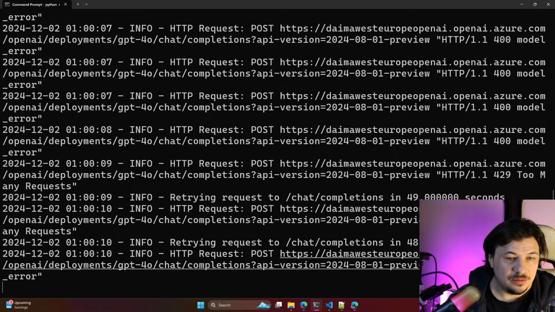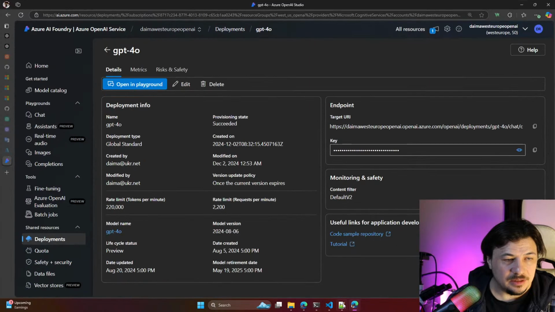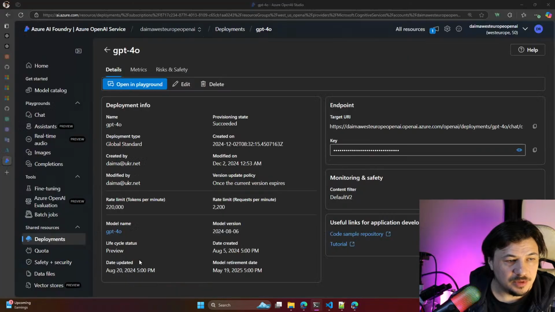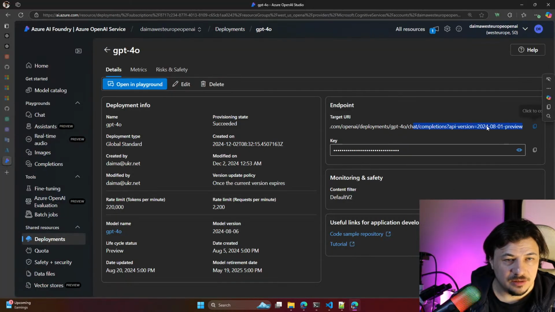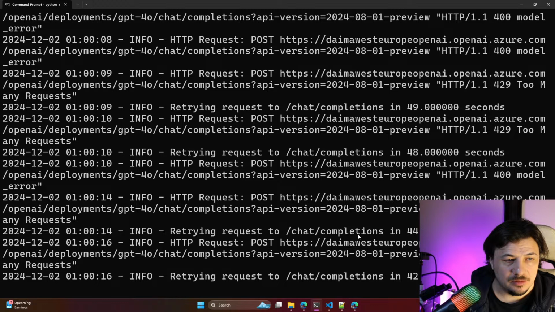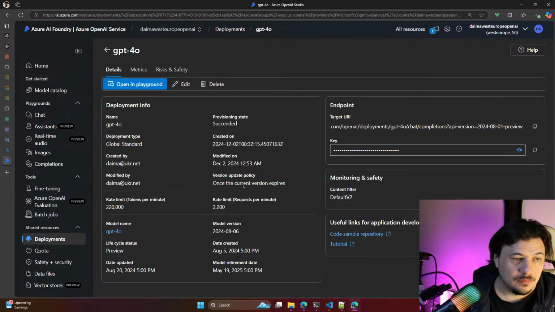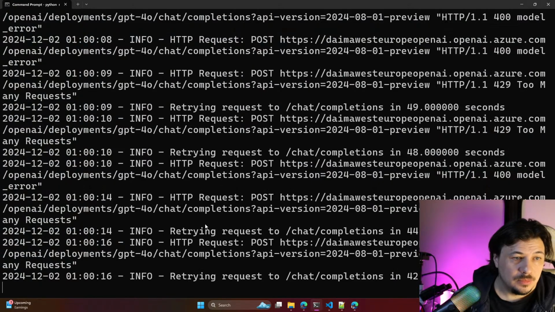OpenAI, Azure, OpenAI.com, OpenAI deployments. Let's just look at it here once again. OpenAI deployments, GPT-4o, chat completions, chat completions API version 2024-08-01 preview. I don't know.